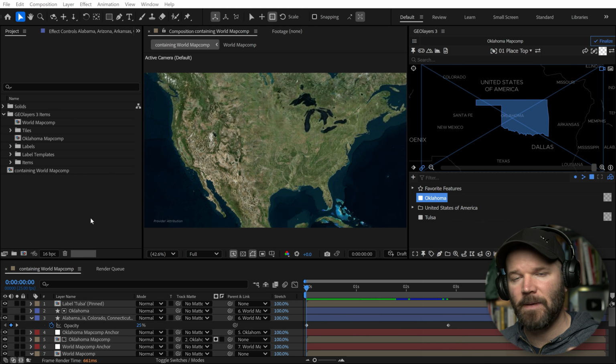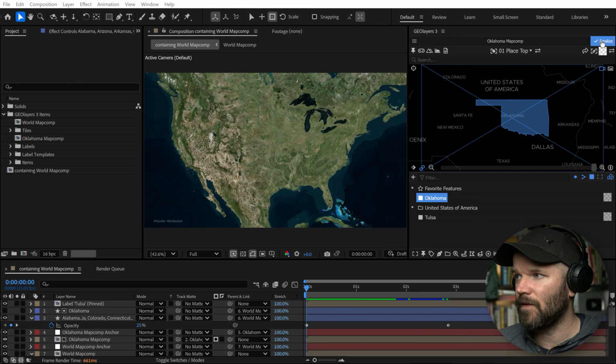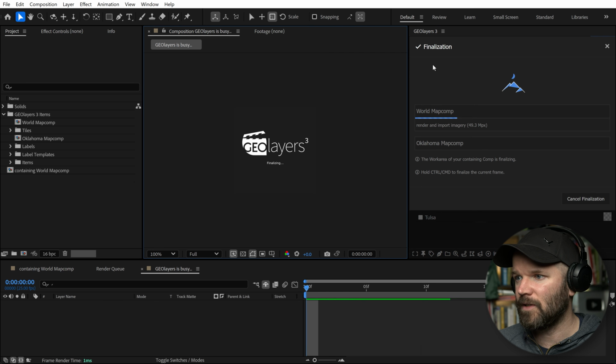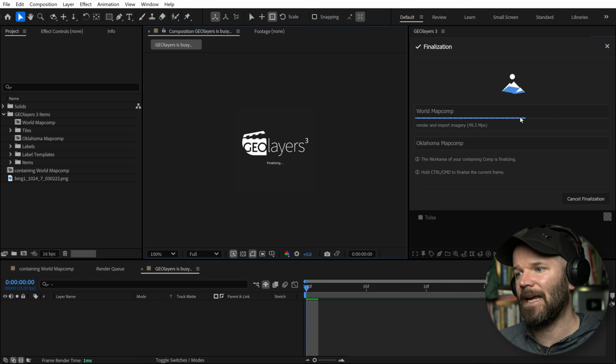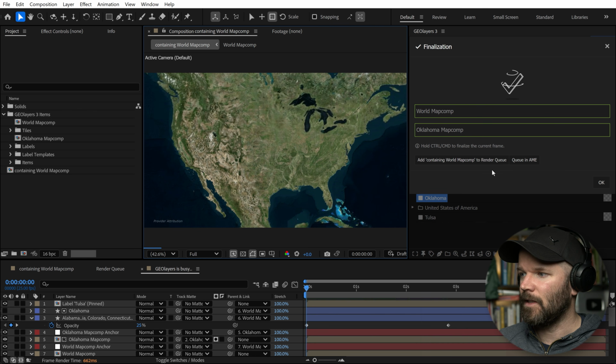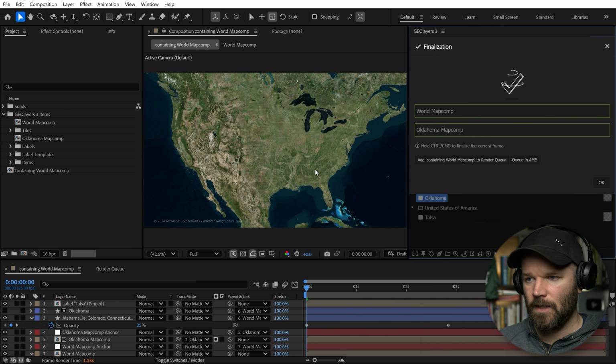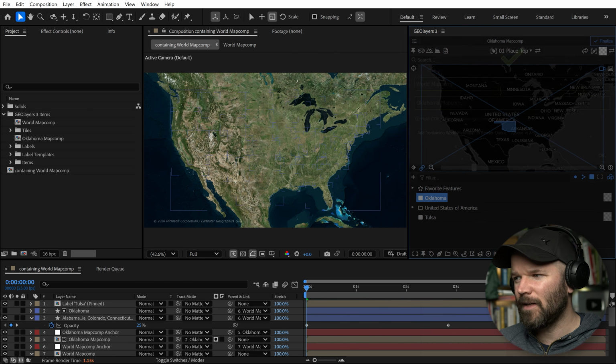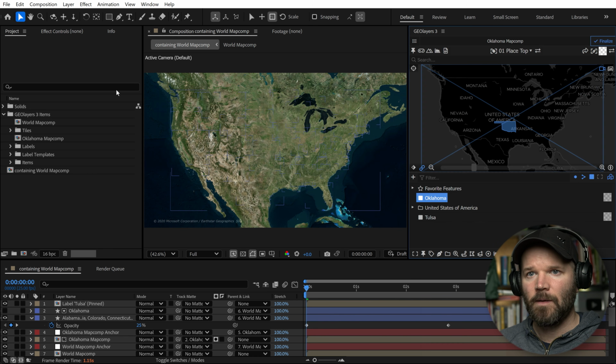And our last step, as I mentioned earlier, is to finalize the map tile imagery. So to do that, you just click on this finalize button and it will give you a little status bar here and show you all the map comps that it's finalizing. And then once that's done, it should look a little bit more high res. You can go ahead and preview it, make any tweaks if you want, but I'm gonna go ahead and render